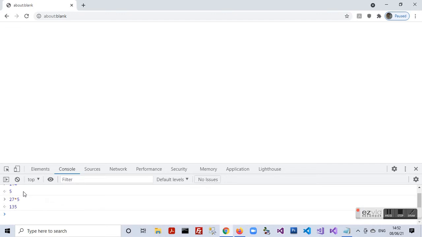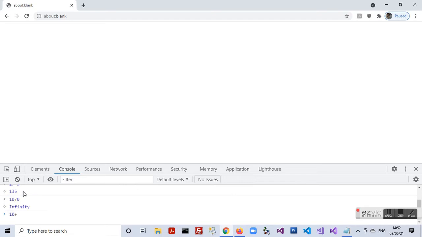So we type in 10 divided by 0. The operator used for division is the slash symbol. We see 10 by 0 is given as infinity by the console.